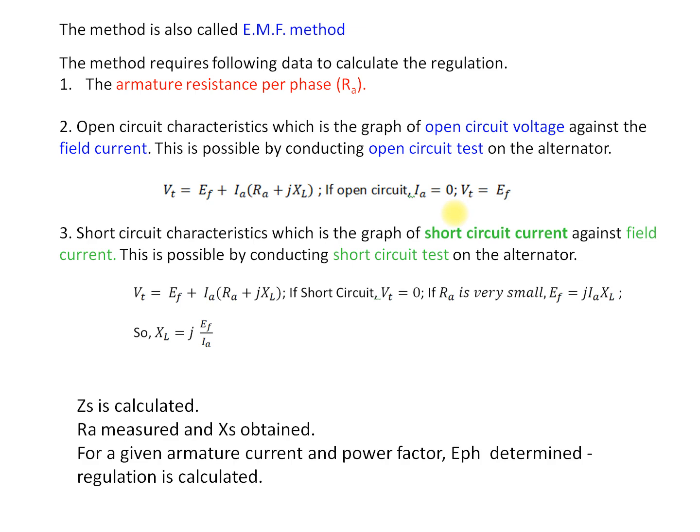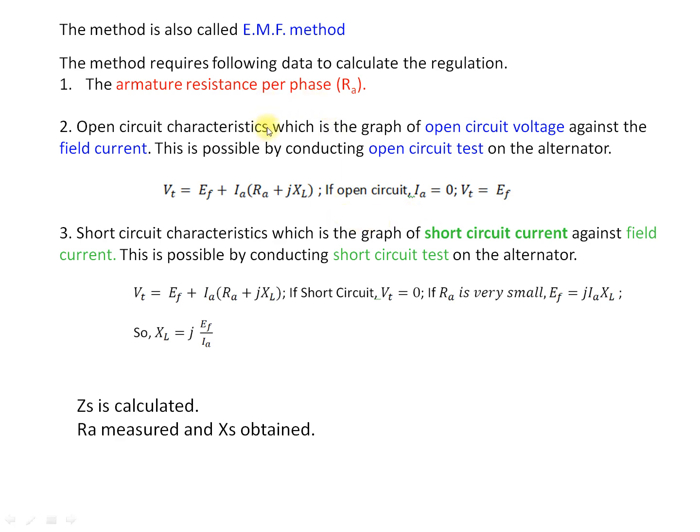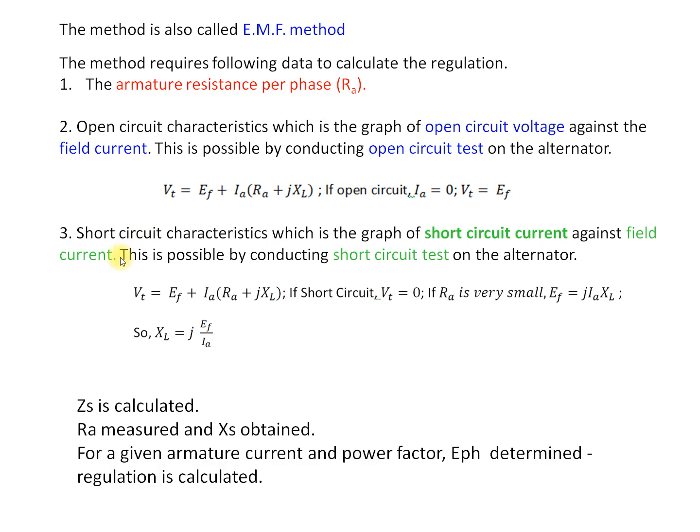This is done by giving the flux as an input. Since the generated voltage is directly proportional to the flux, whenever we increase the flux, the generated voltage will increase. So we will get the hysteresis characteristics of that machine from this open circuit method. From that, we will find the no load voltage and the full load voltage also. For that only, we are doing this open circuit characteristics test.